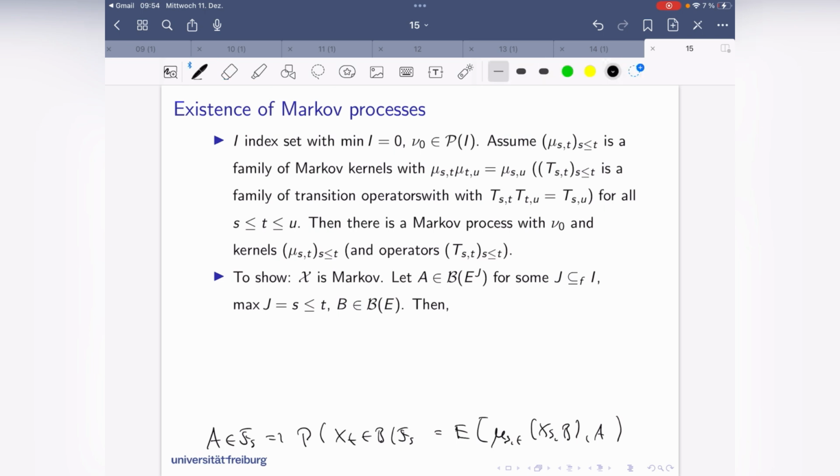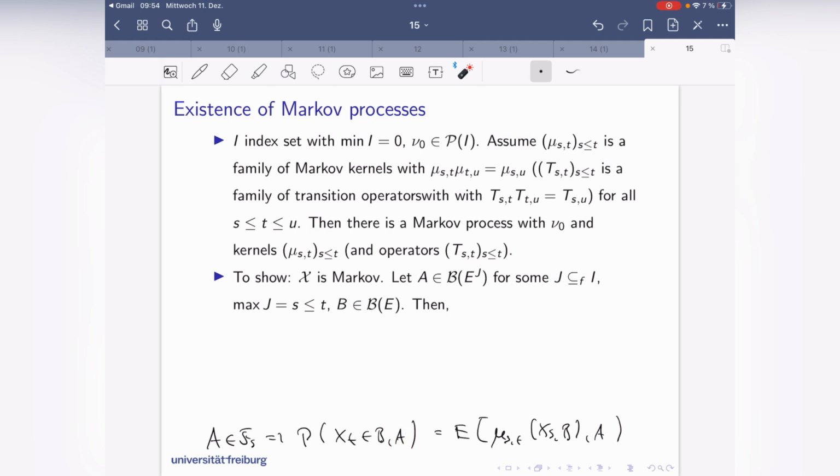So I also have to show that Xt is in B. And that is valid for all A in Fs,